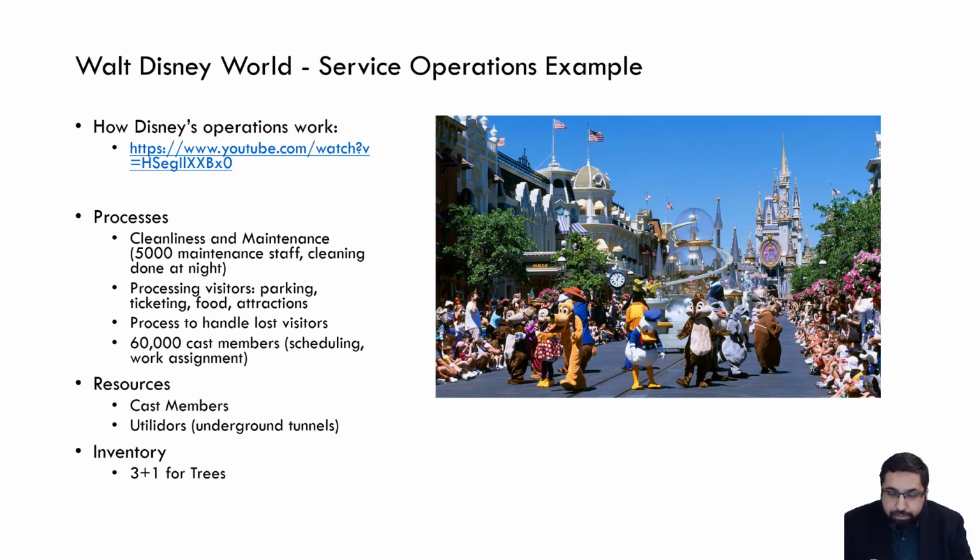Let's consider an example. A lot of times when you talk about operations management, people think of factories and robots, but a lot of complex operations are hidden in plain sight. Consider Walt Disney World. You might have visited their resorts, or you might have seen videos of their resorts. You might know somebody who's visited these resorts. Often people think of these resorts as an experience for children or for adults, as fun. These are the type of ideas we associate with Walt Disney World.